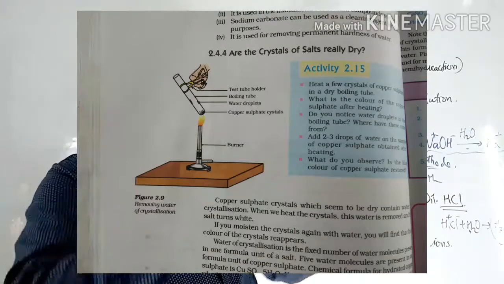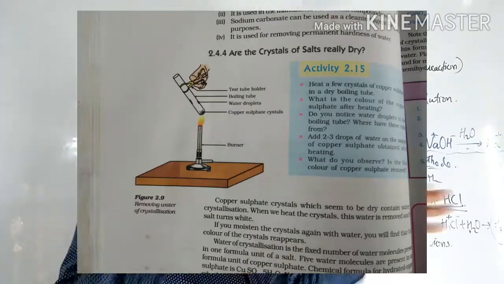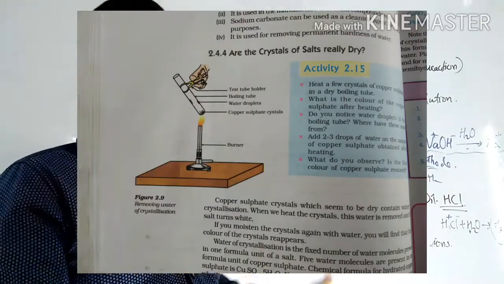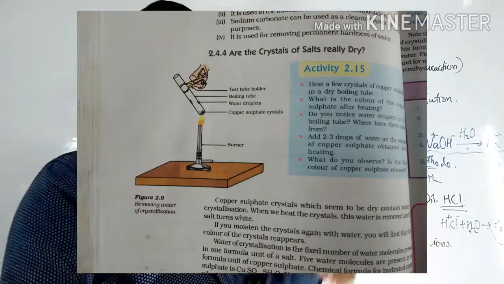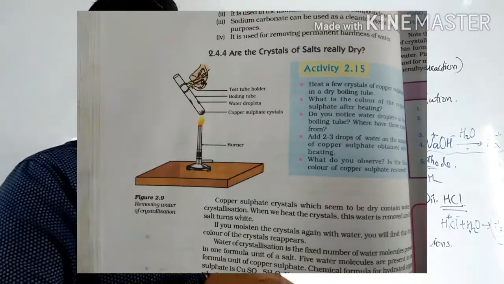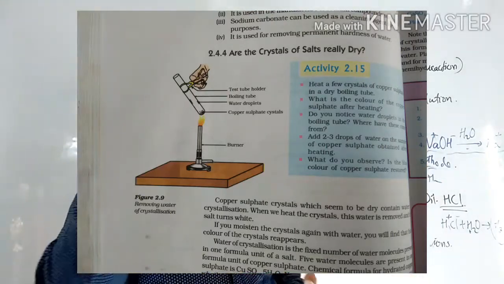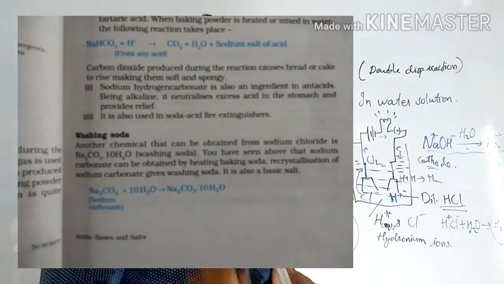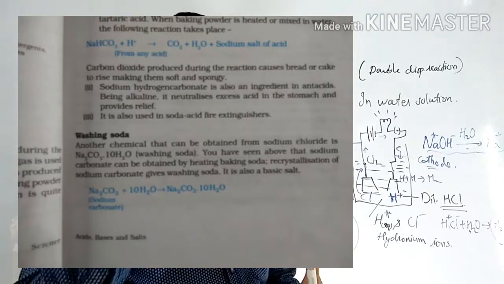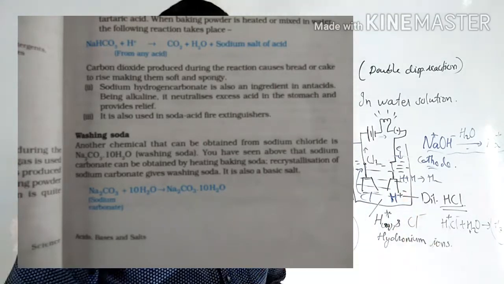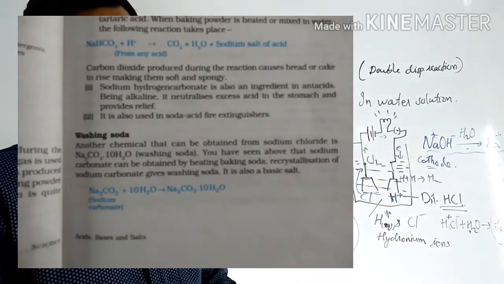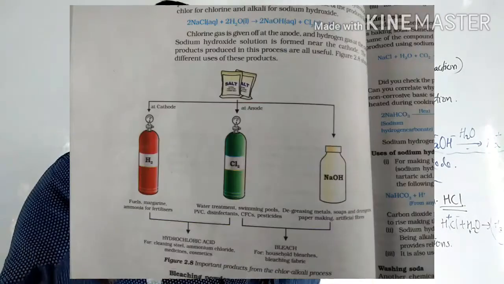So while you heat, what will happen? Those water molecules will get evaporated, and as a result, the green color of the ferrous sulfate crystals will go away. And in the case of copper sulfate, the blue color of the copper sulfate salt will get decolorized. So this activity proves that these salts contain water of crystallization. Go through all the uses of salts and how these salts are prepared. That part I don't think needs much explanation. Go through the chloralkali process, out of which much important products